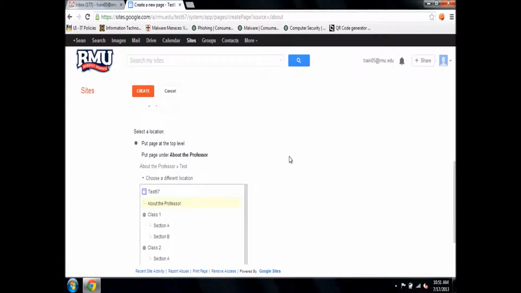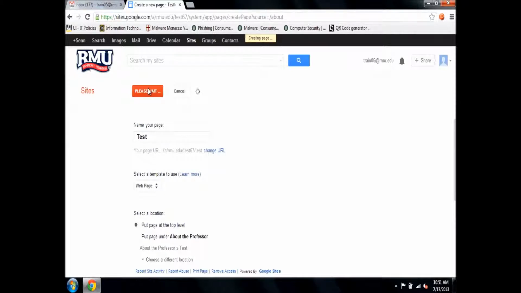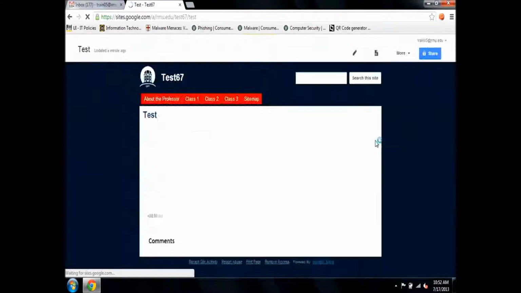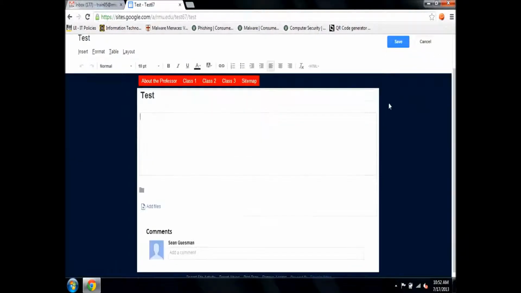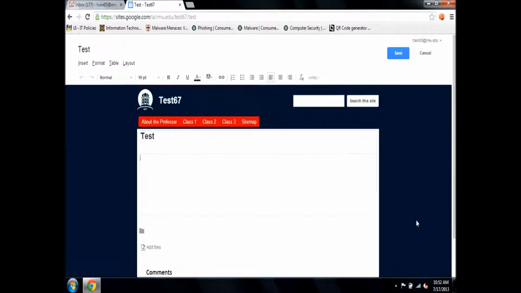We're going to put this at the top level, and we're going to click create. And it'll take just a moment. And then now you'll see we have a new page created. Something you'll notice about these pages, there's an option to add comments or add files at the bottom. If you want to change this, click save